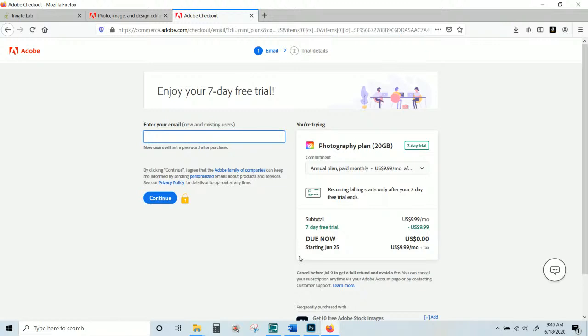It comes with 2 seats. Feel free to share that seat. And as a matter of fact, if you go to the Innate Creatives private Facebook group and you search the word Buddy, B-U-D-D-Y, there is a listing of people who either have or need Photoshop. Okay, so go there first to see if anyone else has it,